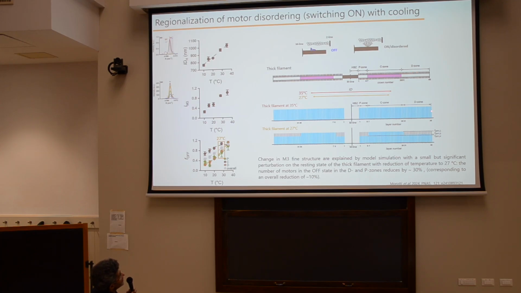At 27 degrees, here is just the result of the structural model. One bar here means one myosin crown, so there are 49 crowns. At 27 degrees, we have some crowns which are not, some myosin which are not in the off state. And we can see that in the central zone, all the heads are in the off state, but in the proximal and the distal zone, there are about 30% of heads that are on, so the thick filament is already activated. So the question is,